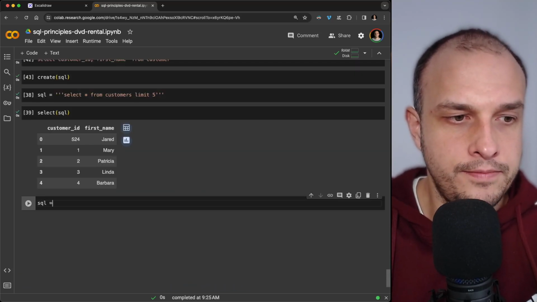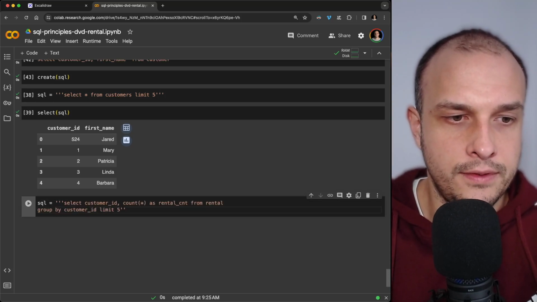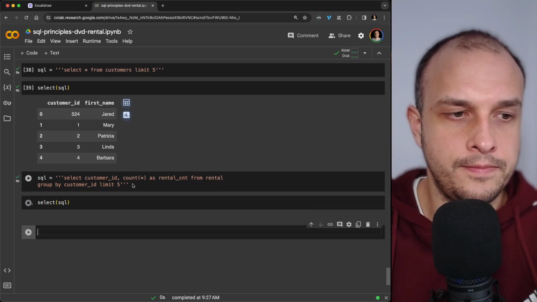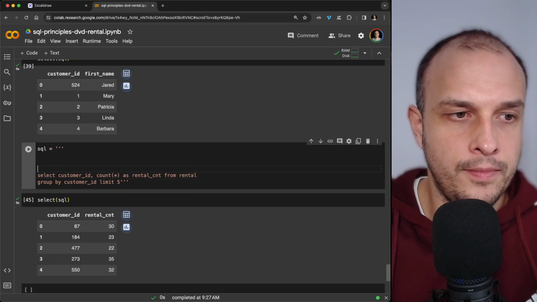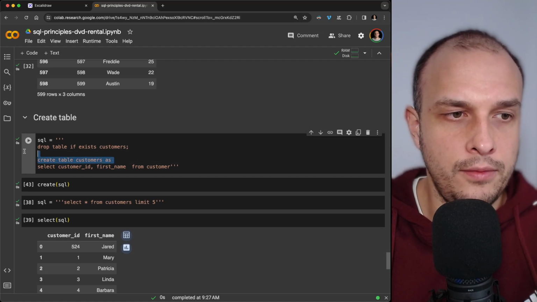Paste it here, SQL equals, limit 5, just to check, select SQL, everything is okay, and I can add drop and create expressions, and I will copy them from here,